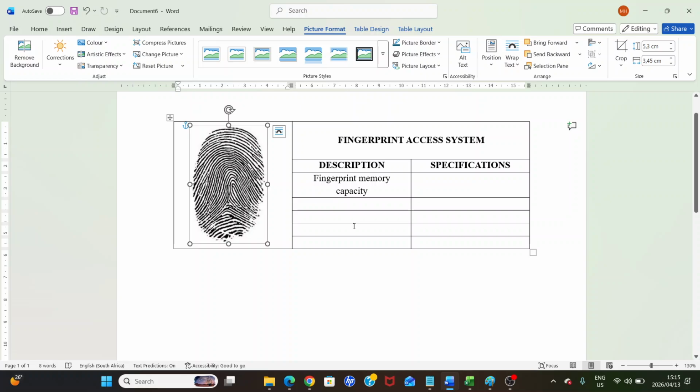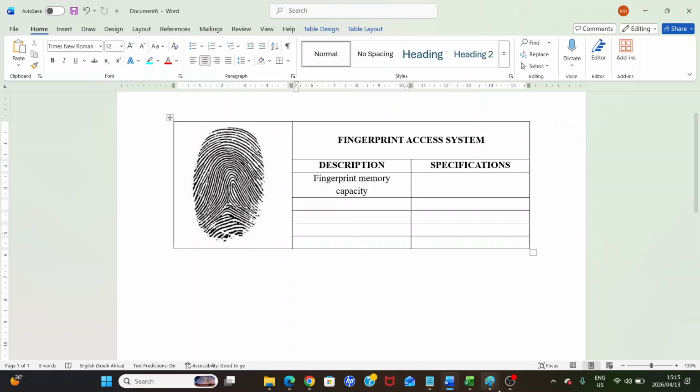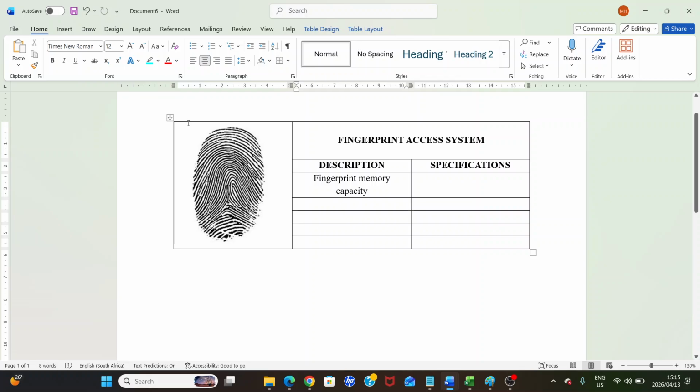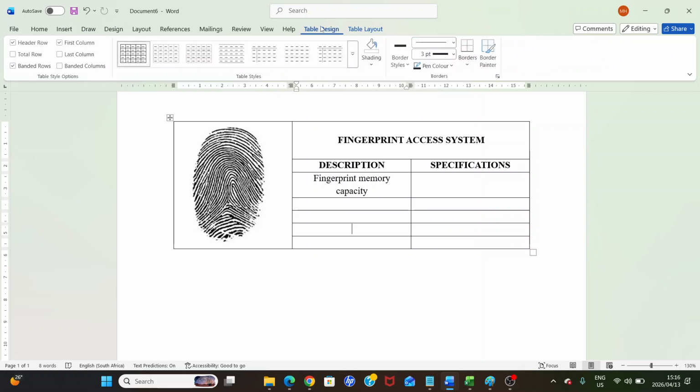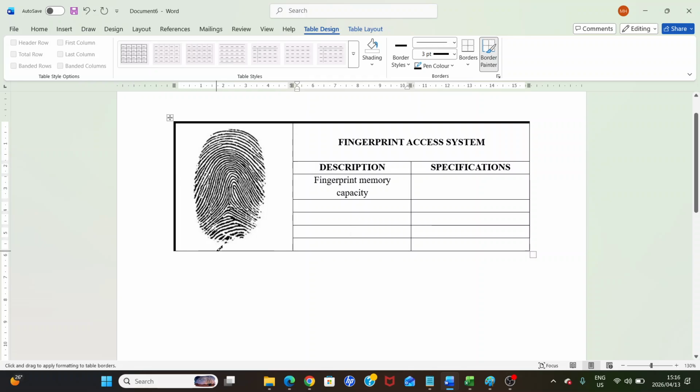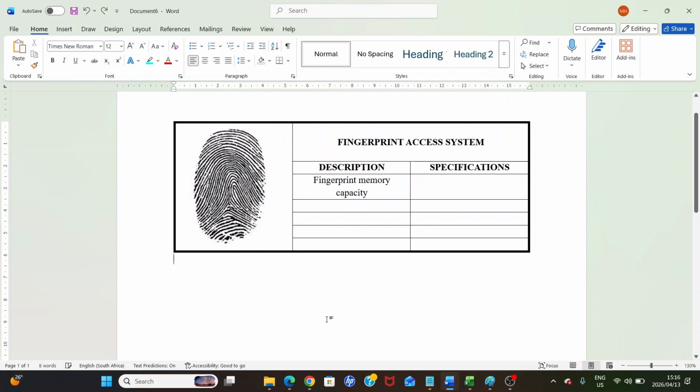Okay, guys, listen carefully. Let me just pause quick. Okay, so when you want to make that border around this table and you want to make it nice and bold, you will go here to Table Design. You will choose 3-point border, and of course you will choose the paintbrush. And when it turns into a paintbrush, you will now only touch the outside borders that you wish to make that bold brown, like a dark color, like that. Okay, and then you're done.